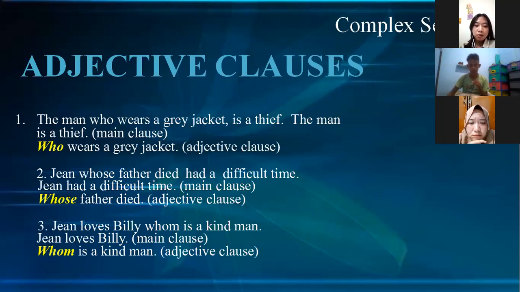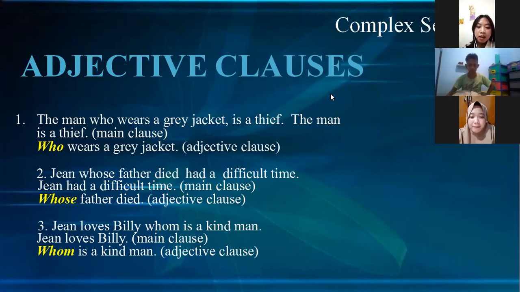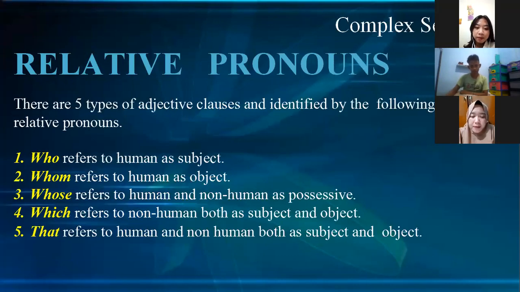And number two, Jane, whose father died, had a difficult time. Jane had a difficult time is a main clause, and whose father died is an adjective clause. Number three, Jane loved Billy, whom is a kind man. Jane loved Billy is a main clause, and whom is a kind man is an adjective clause. Next,